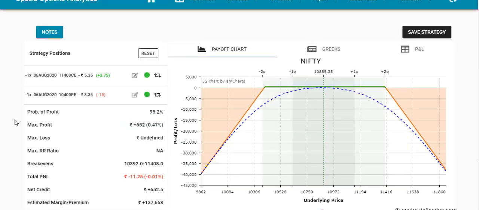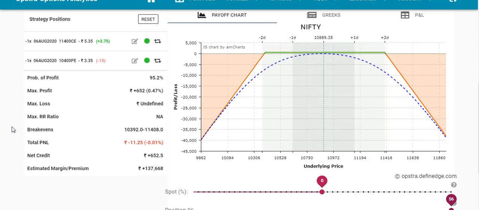There are lots of strategies like call butterfly and put butterfly. I'm also going to share how to do adjustment trades in call butterfly, put butterfly, and iron fly as well. But this is one of the high probability strategies. Most of the time you will make money, and I also teach you how to do adjustment to the upside and to the downside.